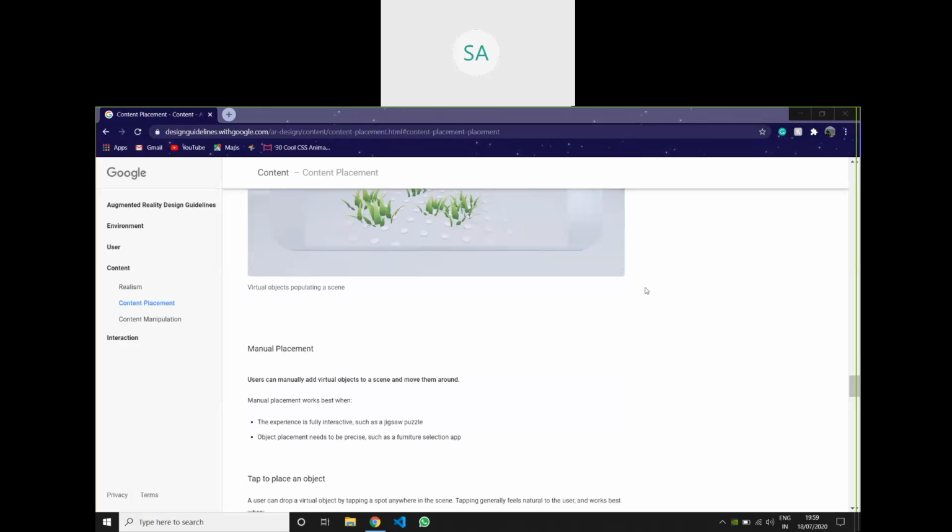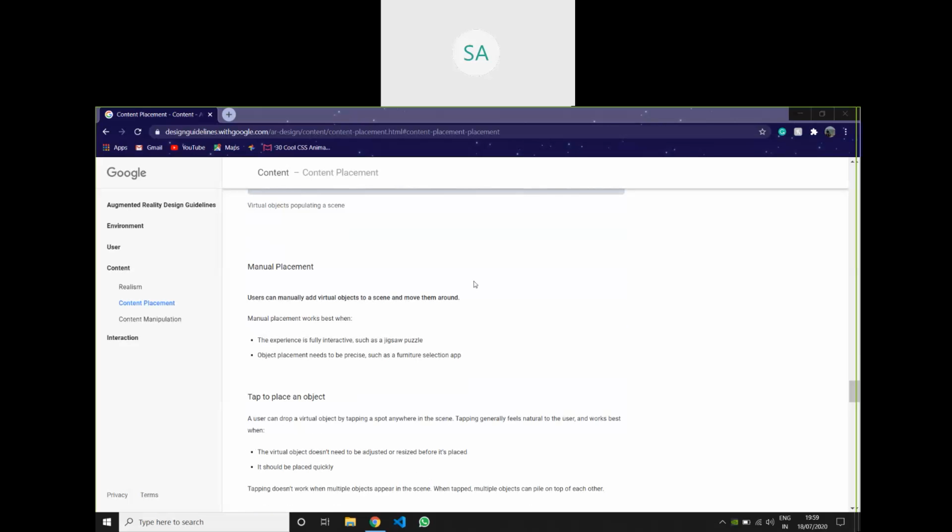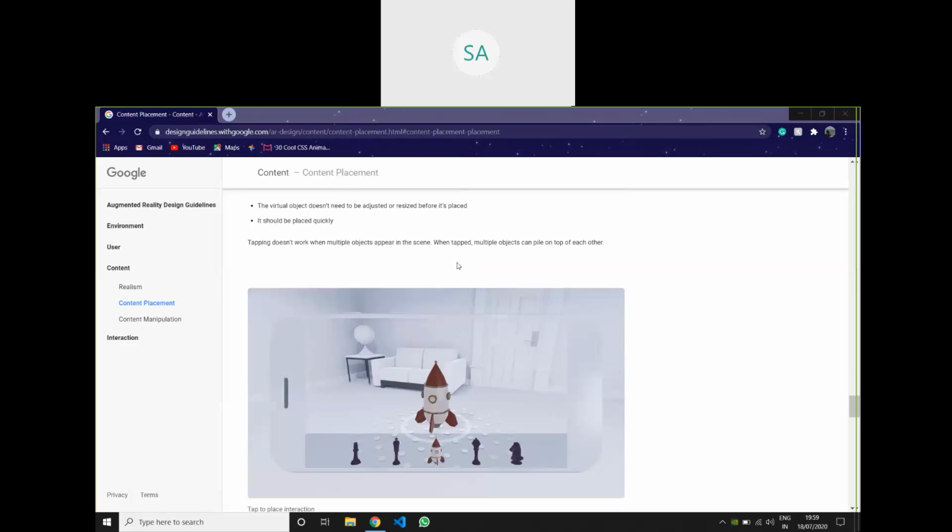Okay. And then when there is a manual placement, the experience would be fully interactive, and we would tell him if you touch, it will drop there. And then always make sure we need to tap on some object to place it there. And then if an object is being placed randomly when we start an app or a game, it's going to be slightly distracting for the user. And when we tap on a certain object, it should be placed very quickly. See here, this is how it is going to be.